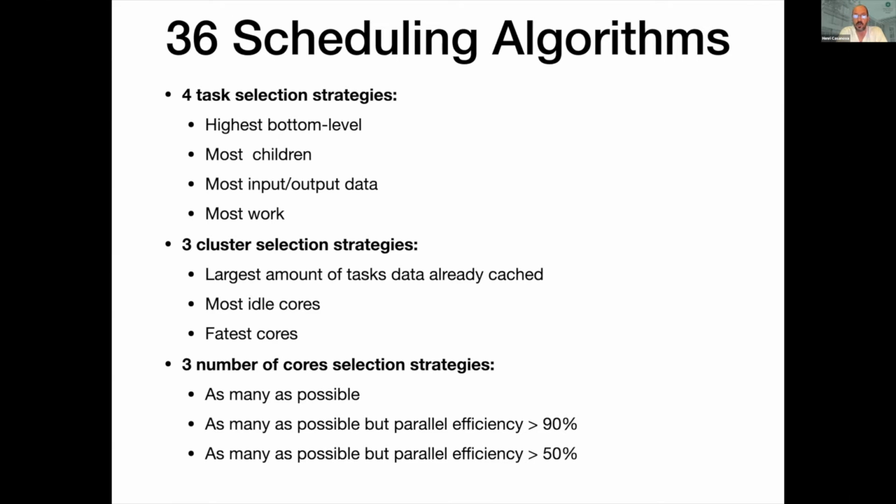Now, none of these are original. The point of our paper is not to come up with yet another scheduling heuristic. And these have all been used in some fashion in the literature. So here we go. We define the scheduling problem, and very quickly we come up with 36 scheduling algorithms. We could easily come up with 72 of them, or really 400, based on heuristics and ideas that have been used time and again in the literature.